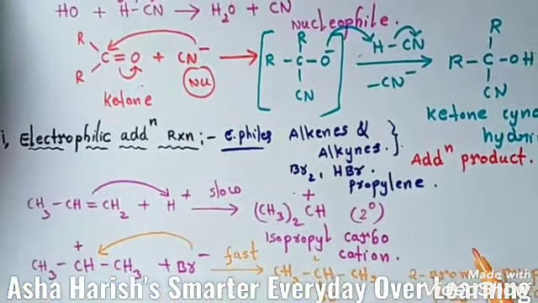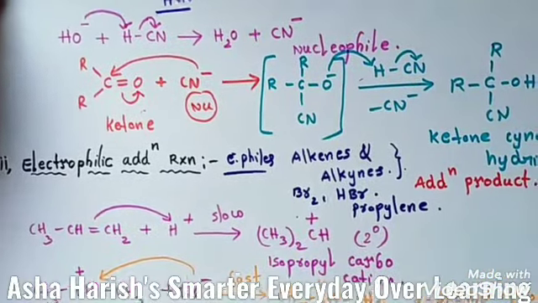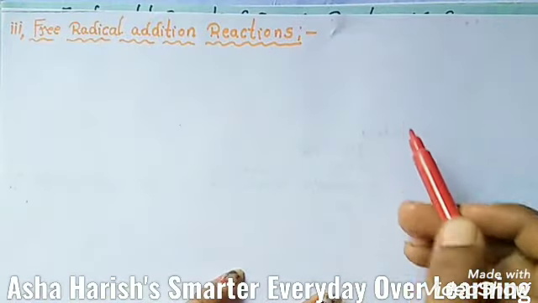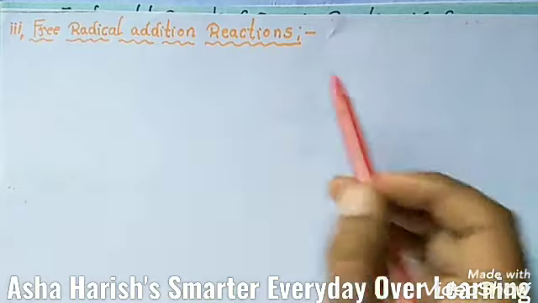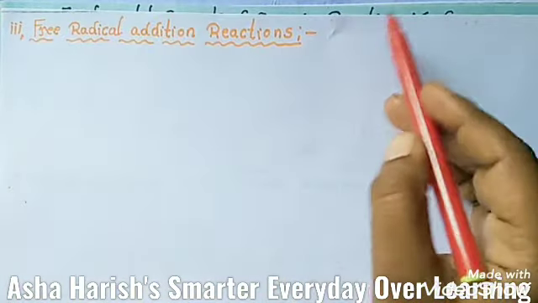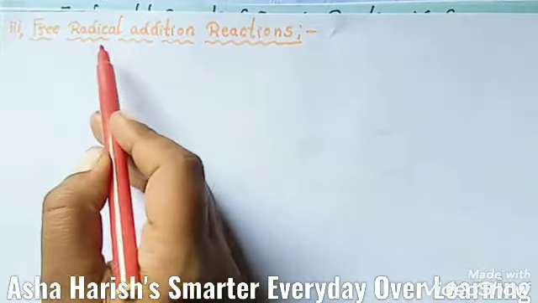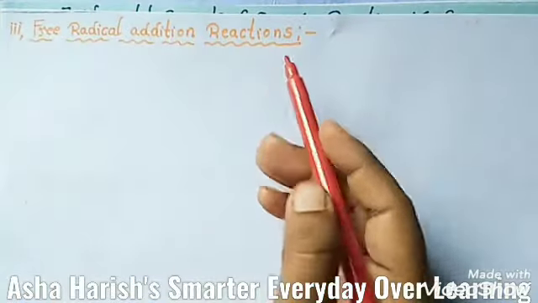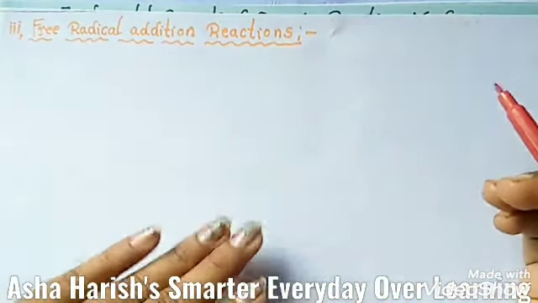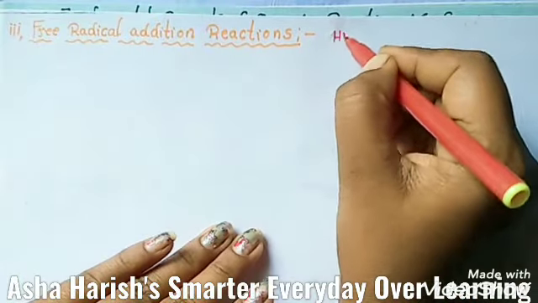Okay students, let's see now about free radical addition reactions. Third type, free radical addition reactions. Here is the definition: addition reactions brought about by free radicals are known as free radical addition reactions. For example, addition of HBr